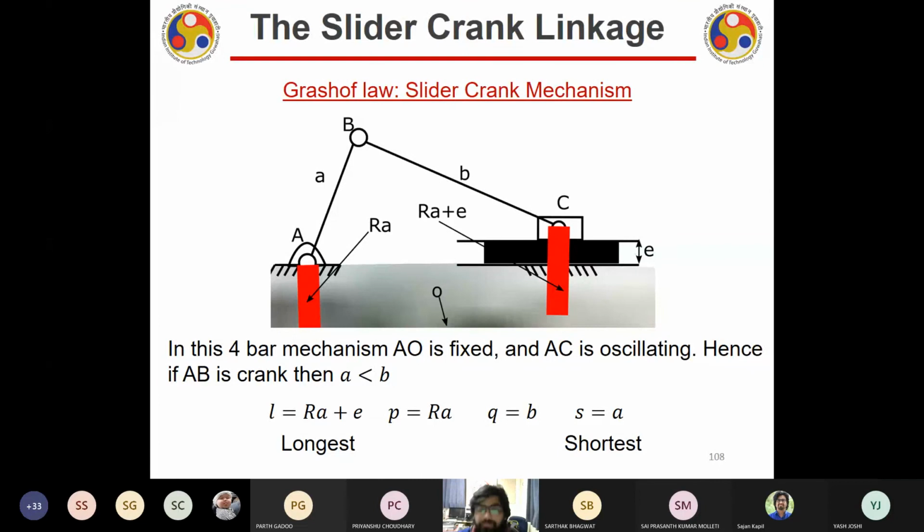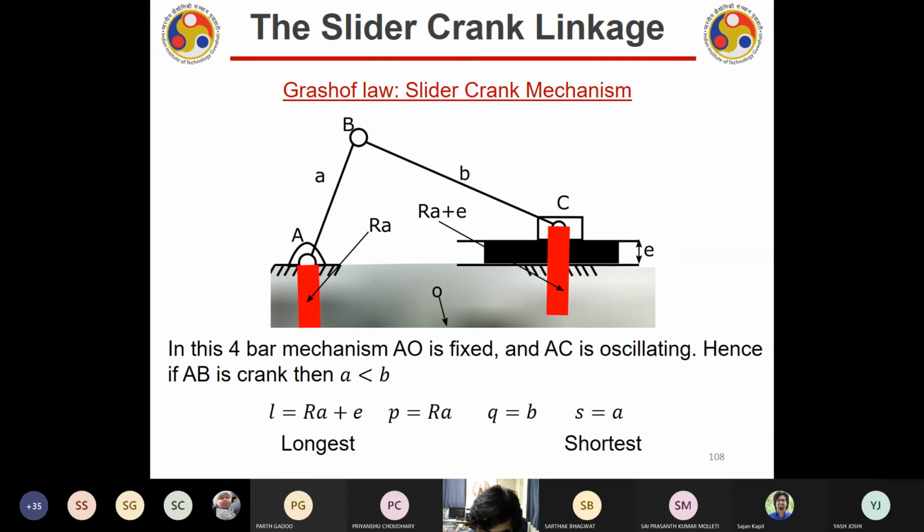I think it's visible. So we have seen the Grashof law for slider crank mechanism also. Okay, and we could realize that it is very easy. Why? Because we assume that the slider crank mechanism, which is RRRP, can be considered as the 4R mechanism. When it is considered as 4R mechanism, then easily you can derive the equation which can say that if the linkage follows the Grashof law, then there will definitely be two fully rotating joints. And if the shortest link is attached with the ground, that will be the crank.